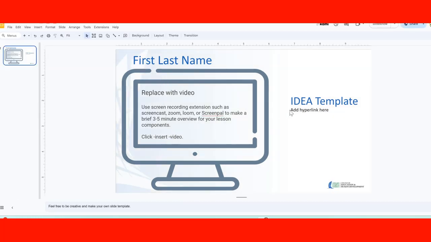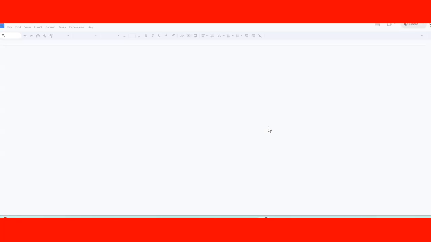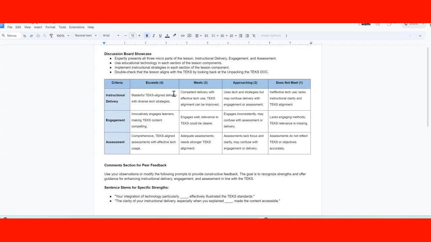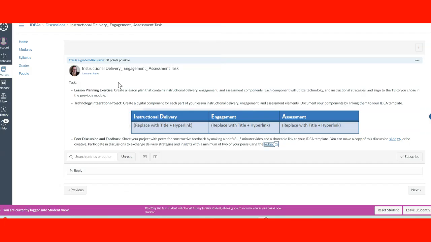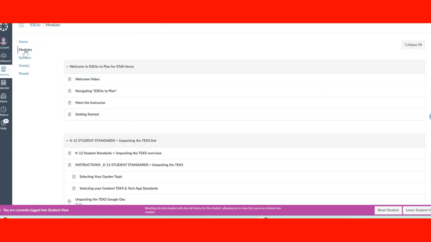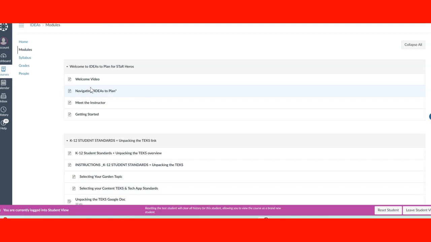with their quick screencast and link their idea template here so they can tell about their instructional delivery component, their engage component, and their assess component. I did create a rubric to help the students with that discussion. So what that means for us is I have changed the assessment, like you had asked, about having some mini